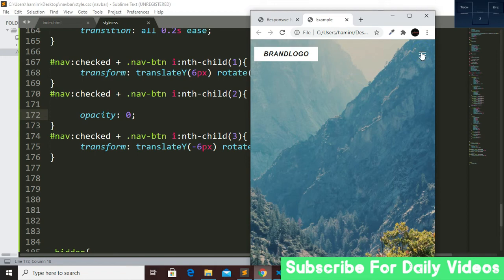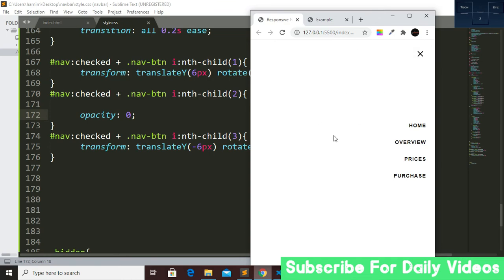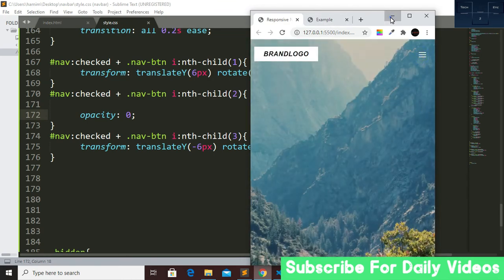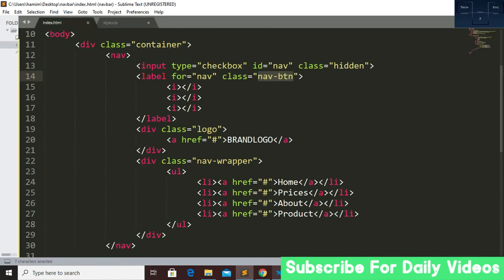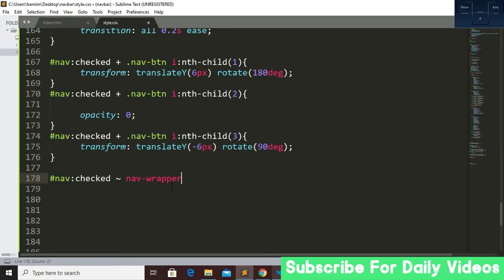So now whenever we click on this thing, I want to get a white background, so that's why we have to now fix this thing. So just now copy these classes and IDs from here and paste it here. Now we have to copy this nav wrapper, because whenever I click on this nav ID, this will bring me this navigation links, so that's why nav wrapper.